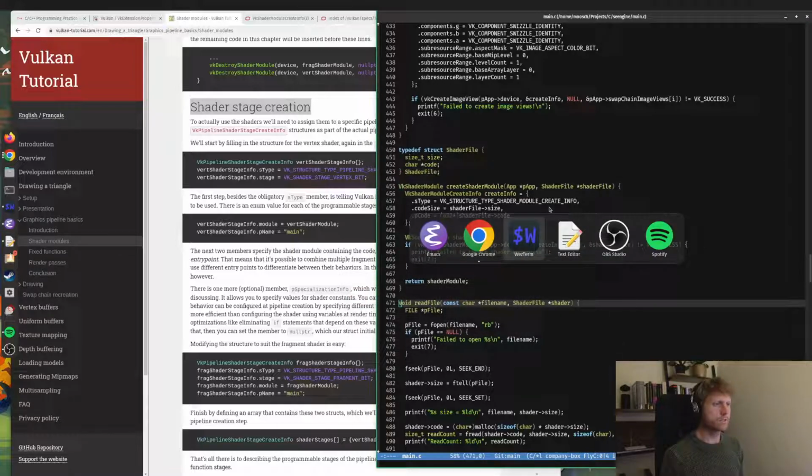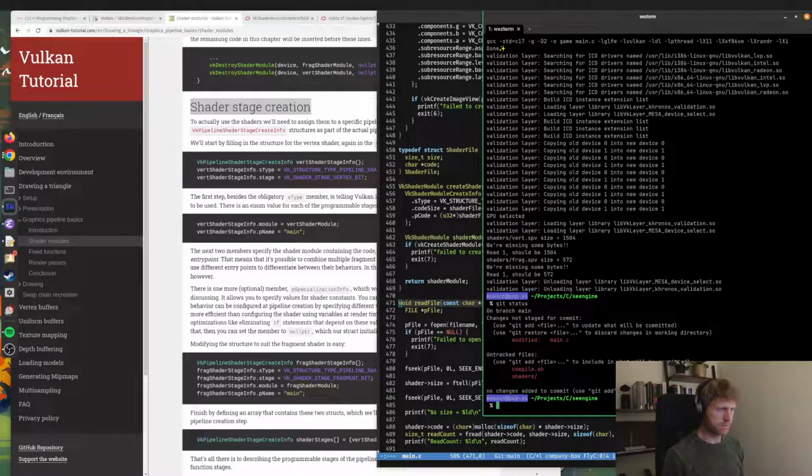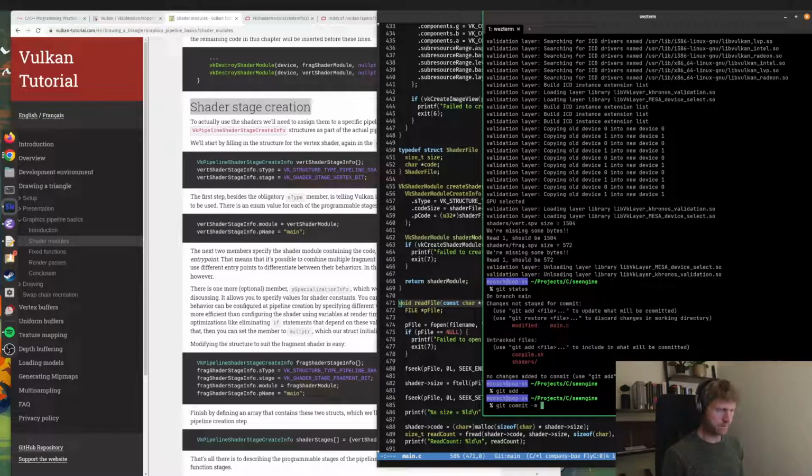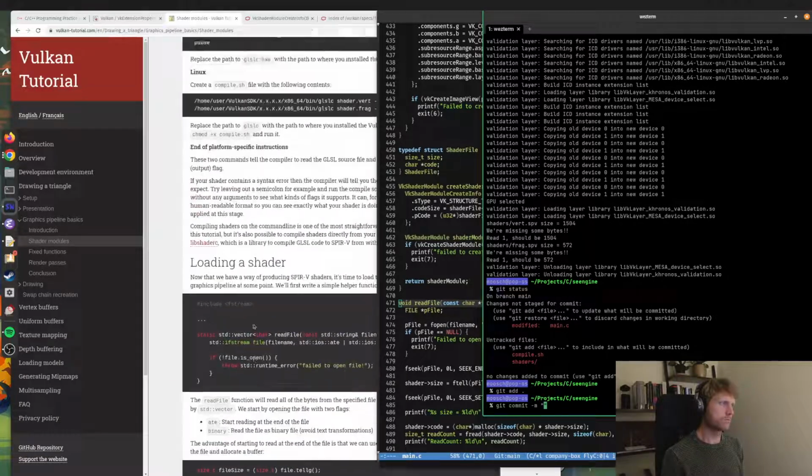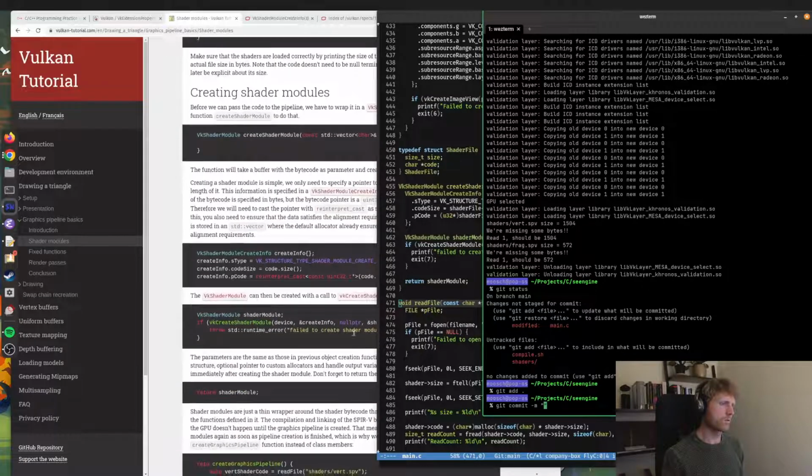All right, excellent. Let's just do a git status. Oh, probably want to omit our compile. No, do we? It's just small binaries for now. We can probably omit them later. git add all of my things, git commit. What did we actually do? We created shader modules. Did quite a bit actually. Created shaders, loaded them, and created modules. Right, git